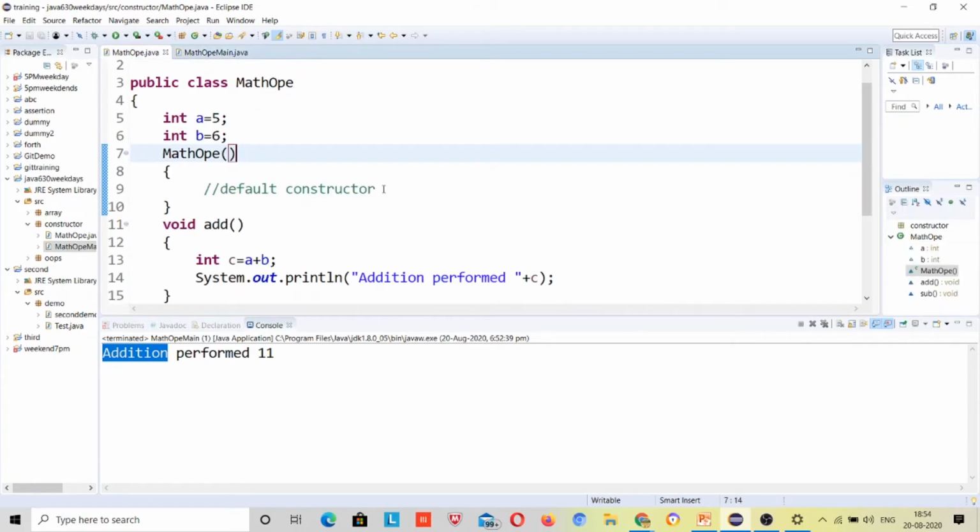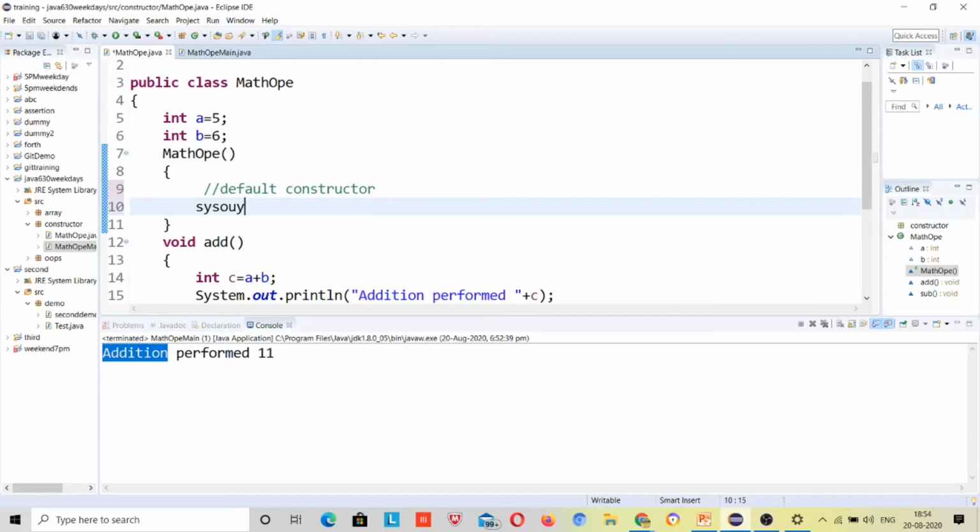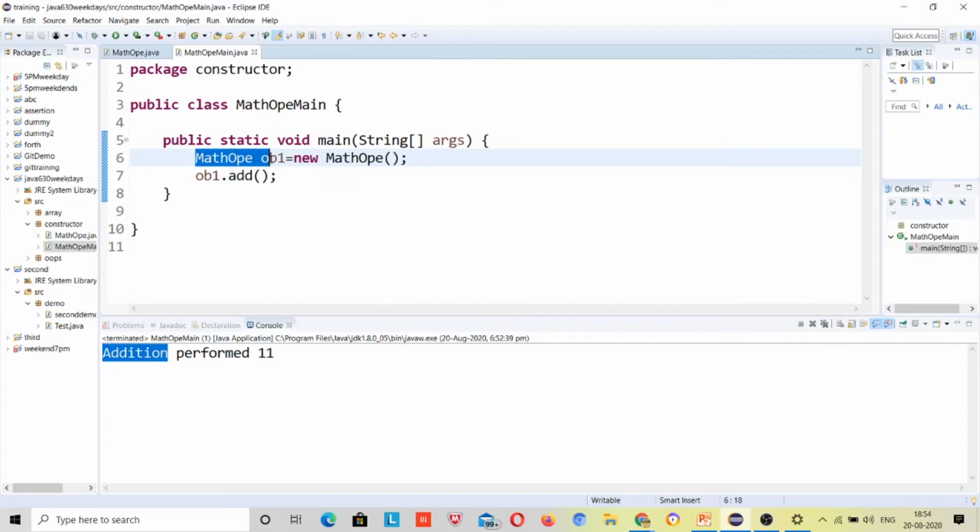Just give a message over here, System.out.println constructor call. When I make the object, the constructor is called.